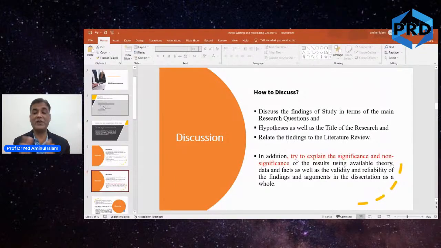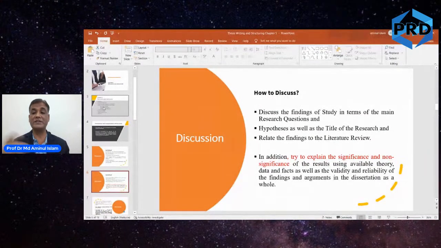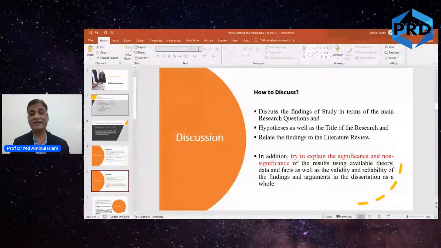So say, for example, you have 5 hypotheses, 3 accepted and 2 rejected. Students prefer to have more discussion on those hypotheses accepted, because they made an assumption that there's a relationship, and now the hypothesis is confirmed. So they are more interested in discussing the significant factors, and forget that the non-significant factors are also equally